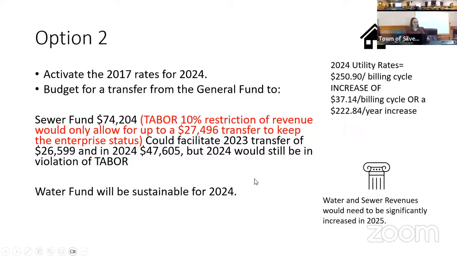If we activate the 2017 rates, water fund will be sustainable in 2024 without doing a transfer. We'd only transfer to sewer for this one. Now, 74,000 is still larger than that $27,000 limit, which is the 10% of our revenue.